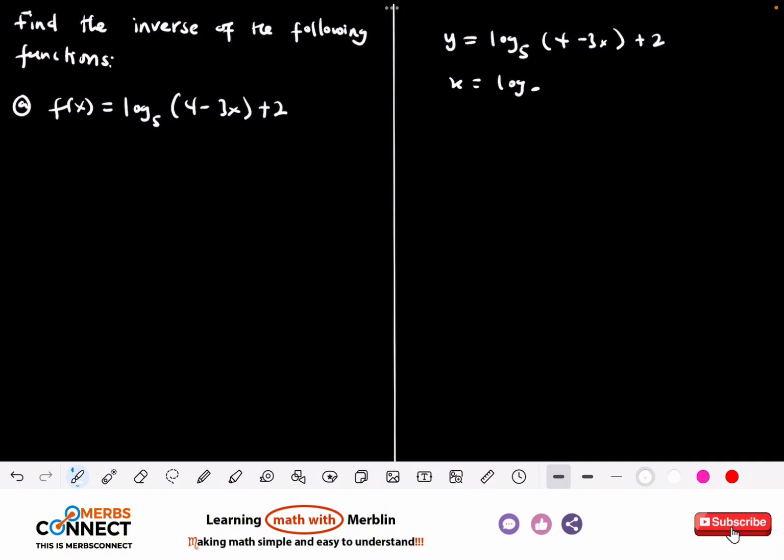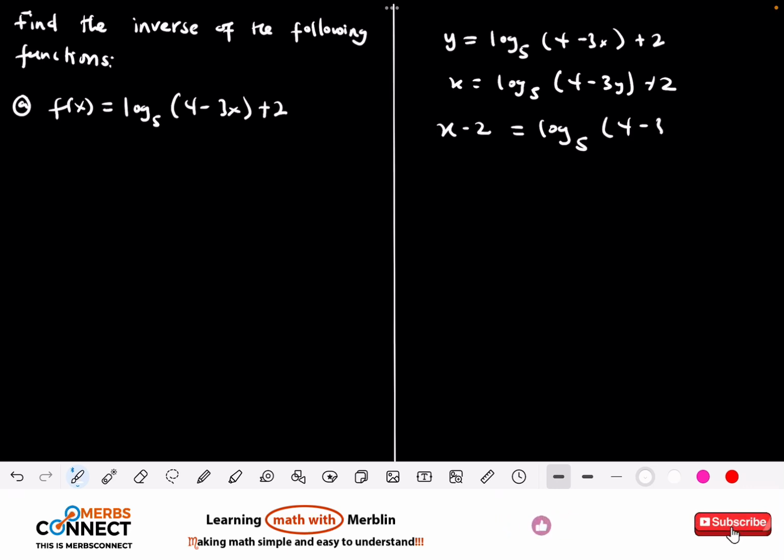So interchange x and y: x equals log base 5 of 4 minus 3y, plus 2. Then we need to make y the subject. So the first thing we need to do is subtract 2 here. We need to subtract 2 here. So we are going to have x minus 2, which is equal to log base 5,